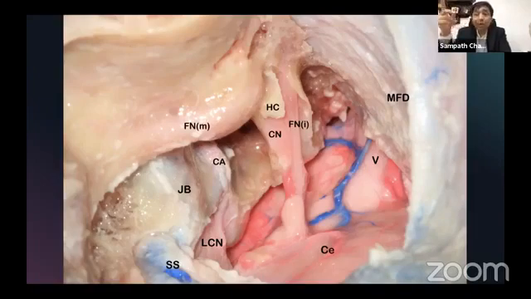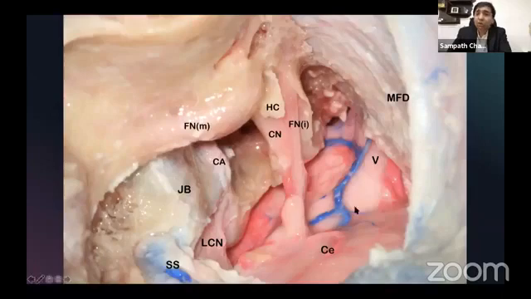Why, when, how? Why not do a retrosigmoid? All that we'll discuss another day. Okay, so the cochlear nerve can be preserved or can be removed. Now you can see here in the CP angle proper, such a wide exposure. You can put your hand, foot, and everything else, your whole head into this area. It's so widely exposed. Why would you choose not to adopt this approach to removing any tumor of the cerebellopontine angle? Not only vestibular schwannomas, but also meningiomas, epidermoids, anything, because it gives a very wide exposure.